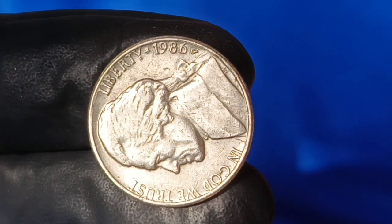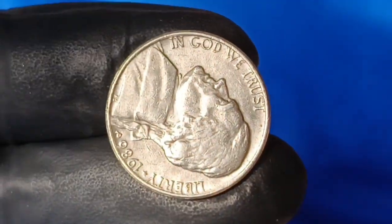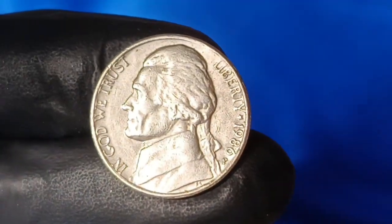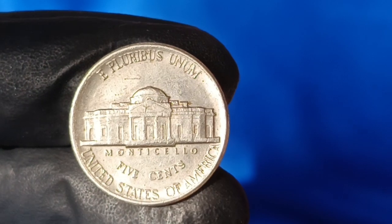However, it's the possibility of errors and mint mark anomalies that elevates the 1986 P Jefferson nickel into the realm of extraordinary value, with some specimens potentially commanding millions due to their rarity and desirability among collectors. Let's explore what makes this coin so special, starting with the historical context of its production in 1986,